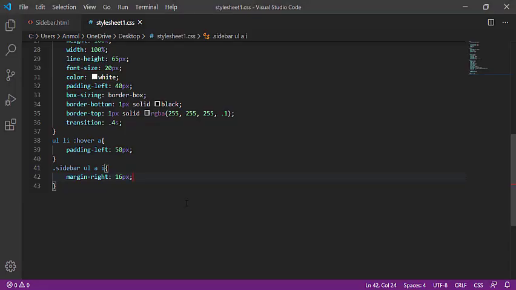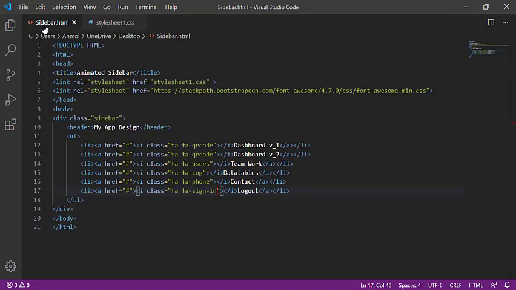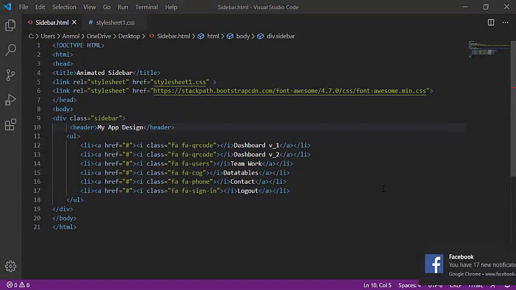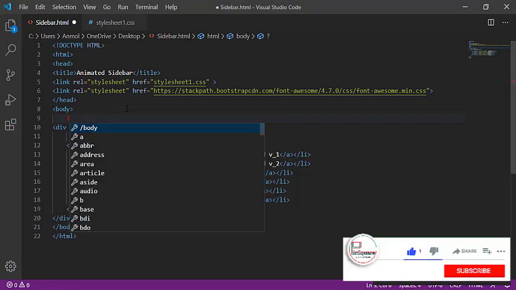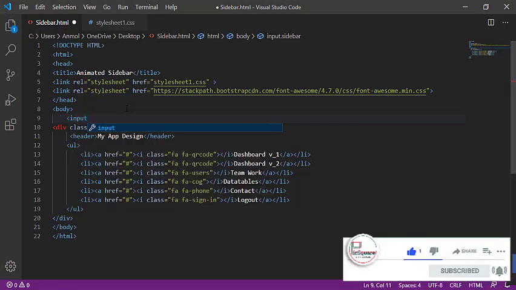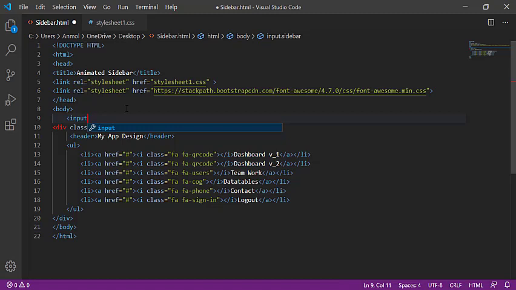Now moving to the animation and the main work. Now the main work is started. I am working on the close and the menu bar icon to close and open the sidebar. Input, then type checkbox, ID check.